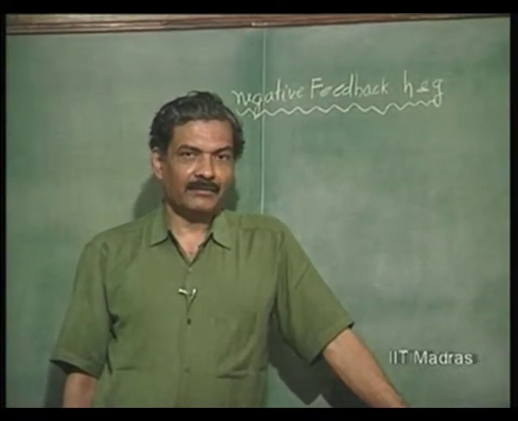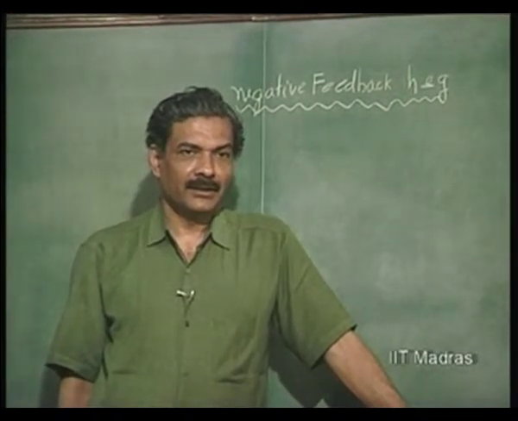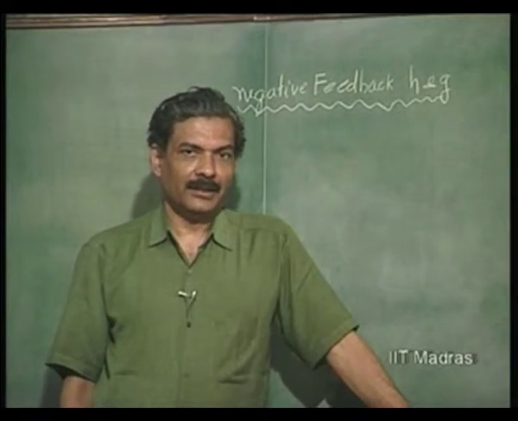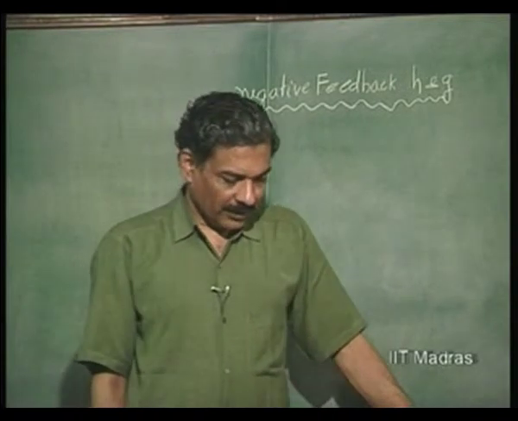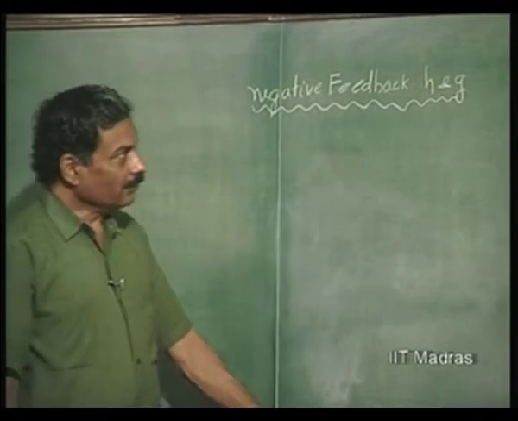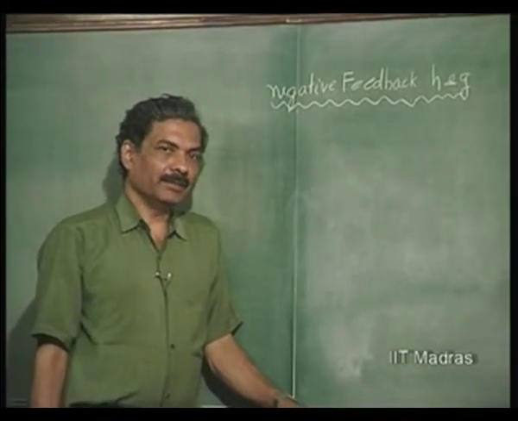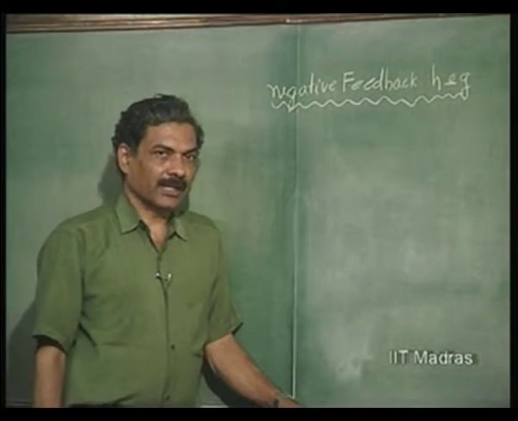The same thing can be done with a single field effect transistor, resulting in common drain and common gate configurations. We are now discussing how H and G feedback can be applied using a pair of transistors,